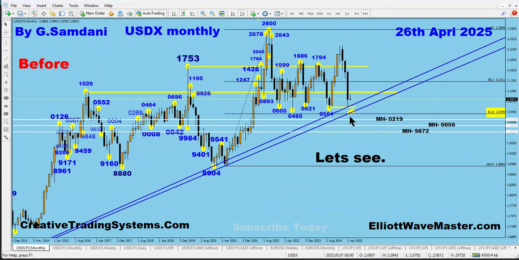The monthly chart is showing this. So my target for the monthly chart is always this one, this rising teal line from the bottom. So we bounced from this low, right? We went up to this high, 0926, right? Now coming back down, and I think that this time we're gonna not only break this TL, the inner rising TL, but this low here as well, and then we will go for